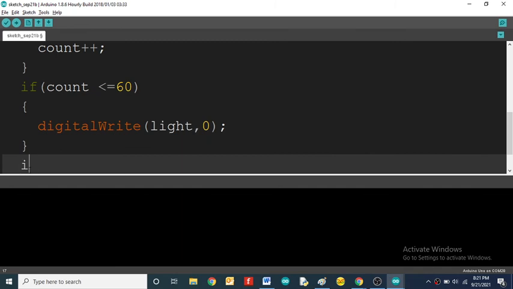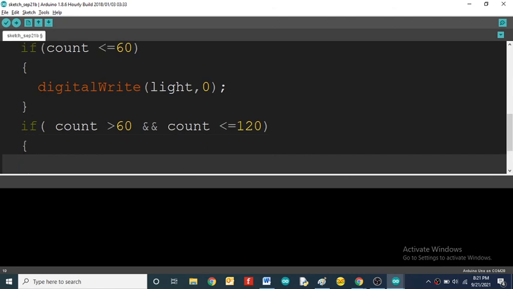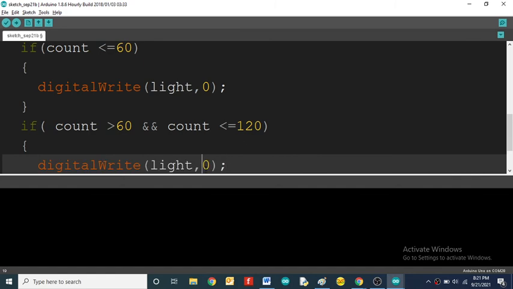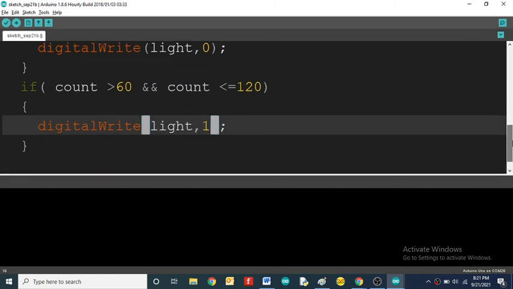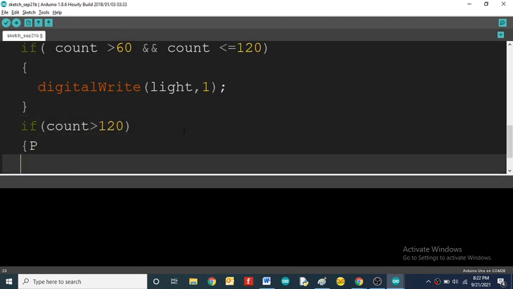And if the count is greater than 60 and less than or equal to 120, then turn on the light. And once the count reaches greater than 120, then make the count 0.